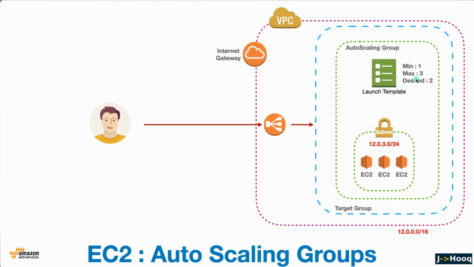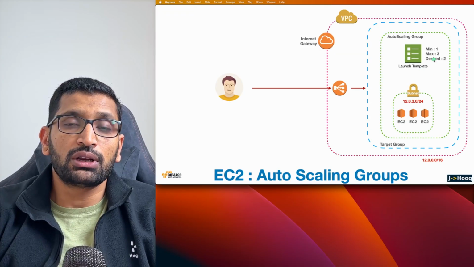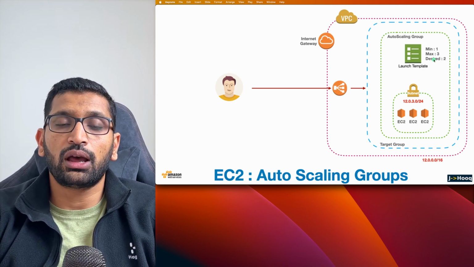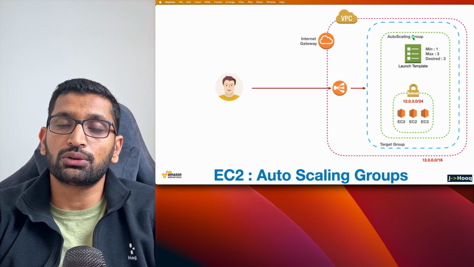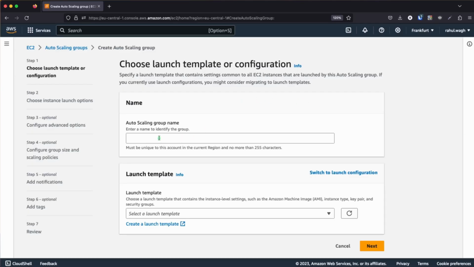For that purpose, it will read these parameters, that is min, max, and desired. Alright, so let's get back to our AWS console and continue with our auto scaling group. Here is the auto scaling group. First of all, let's assign the name for the auto scaling group: auto scaling group EC2